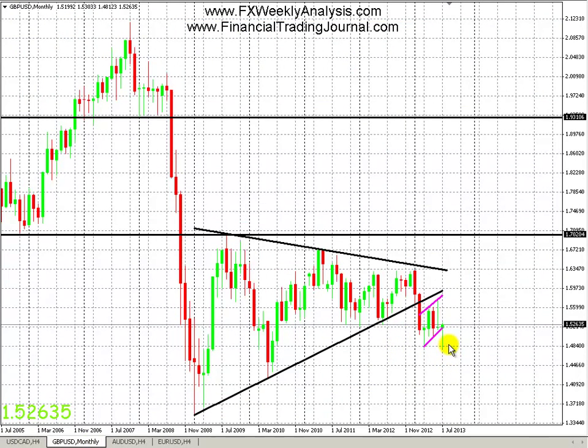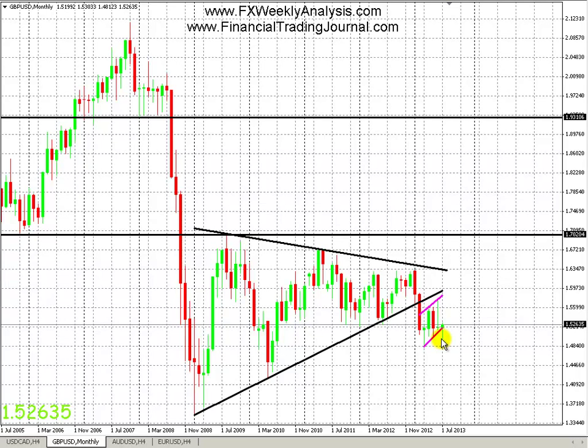We have a pin bar / doji, just like this one over here. This one was a long bottom wick. This one is also a long bottom wick. While last month's candle, we had a long upper wick. Interesting stuff. So we have 3 pin bar / dojis now on the monthly time frame. The only difference is we have 1.5 weeks left in this month.